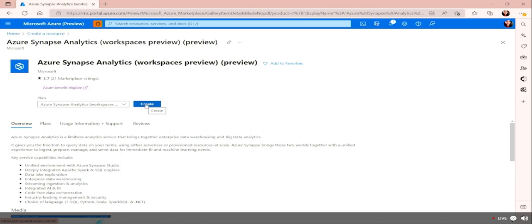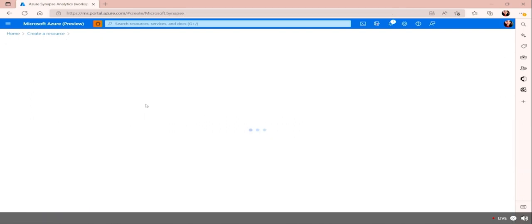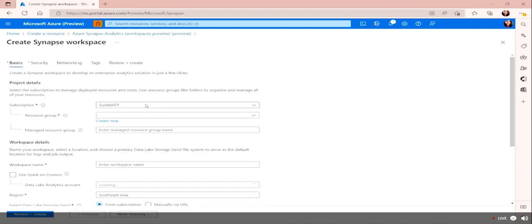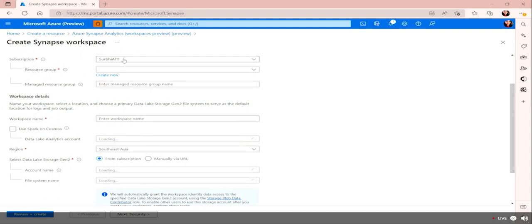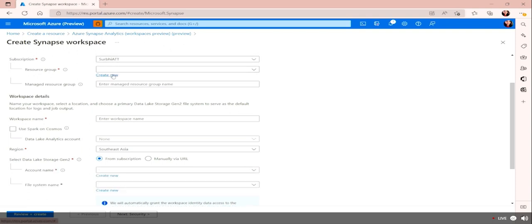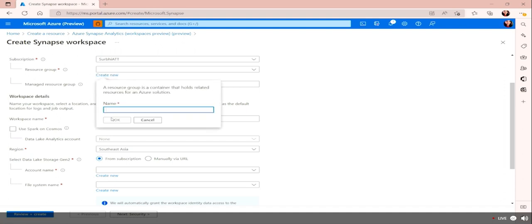Click on Create. Give your subscription name, resource group name. Now, if you're using the MS Learn sandbox, you should have the resource group and subscription already, saying Concierge subscription and a Learn resource group. So you can choose those. Otherwise, if you have your own subscription, just simply create a new resource group, give it a name and click